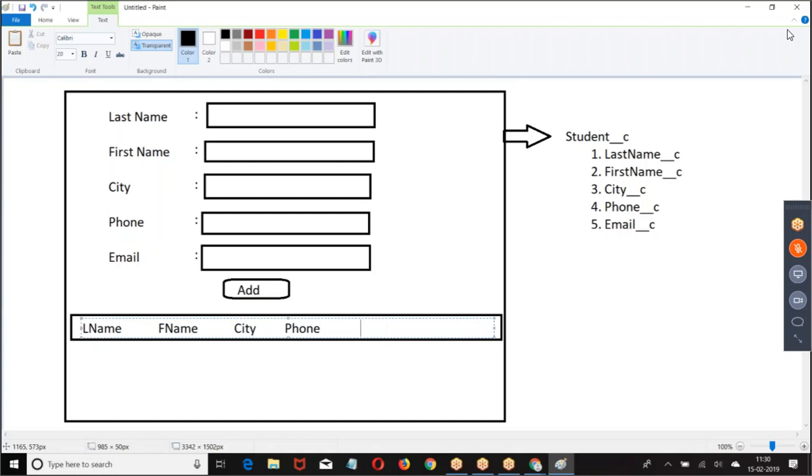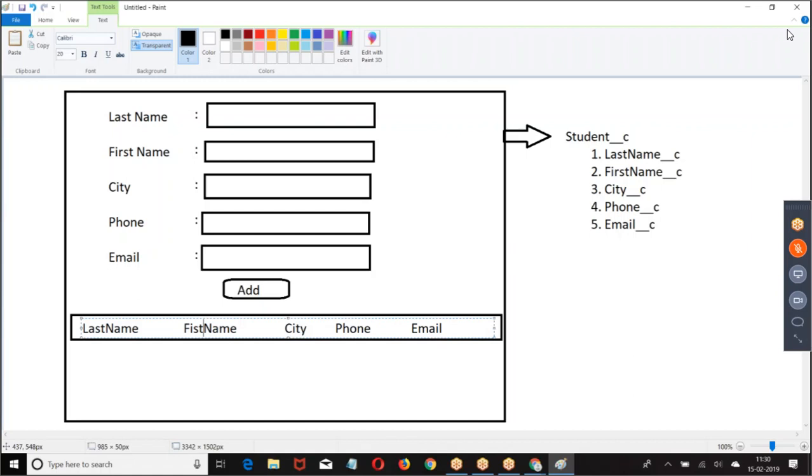First, create the Apex class. How many variables do you require for this? One variable for creating one record, and that record should be added to the list. So how many variables do you require? Two variables. One is a single student, another one is a list of student. So start creating this.